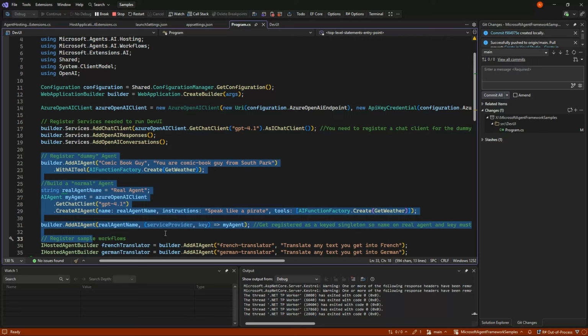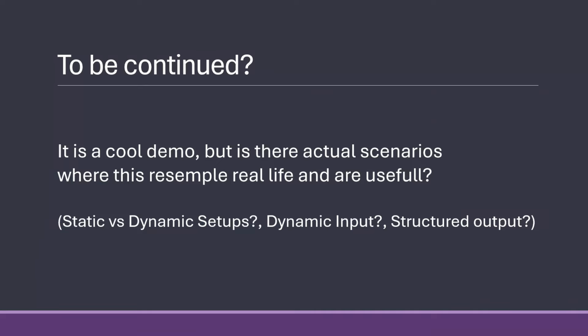That is simply not happening because I often need the setup to be dynamic on the fly, so that the user can choose which model to use, which tool to use. I often have multiple agents that talk with each other on the fly, building up the instructions based on input data.